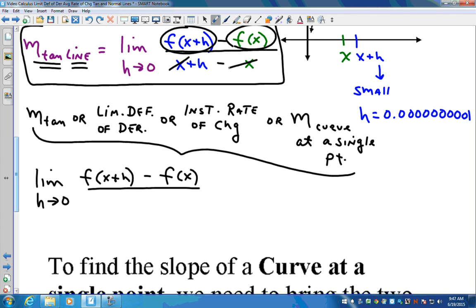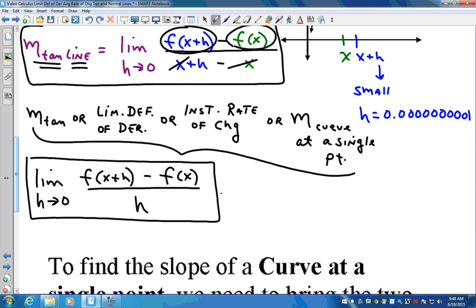What's x minus x? Yeah, so when we simplify that denominator, that is what we get. So this formula is now a new formula to find the slope of a curve at a single point. If we use that formula and if we evaluate this limit,